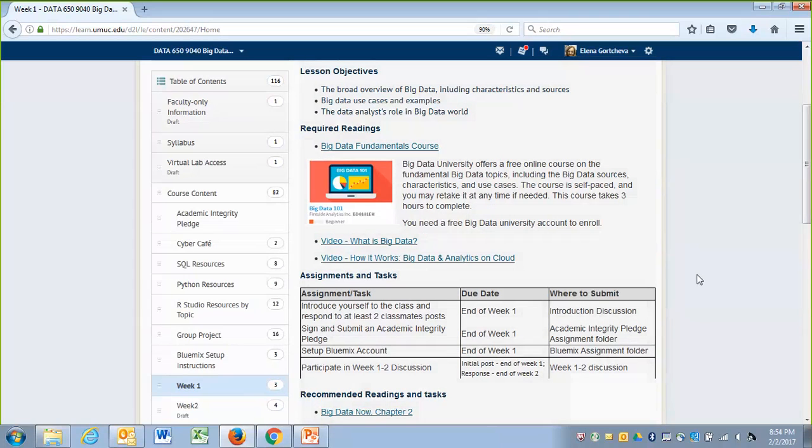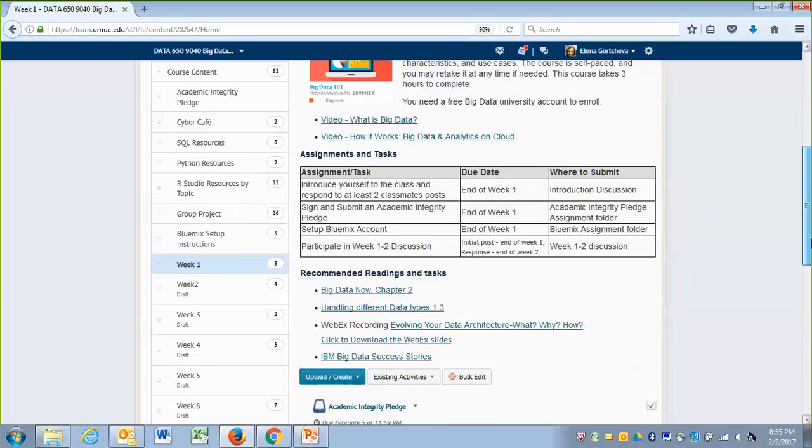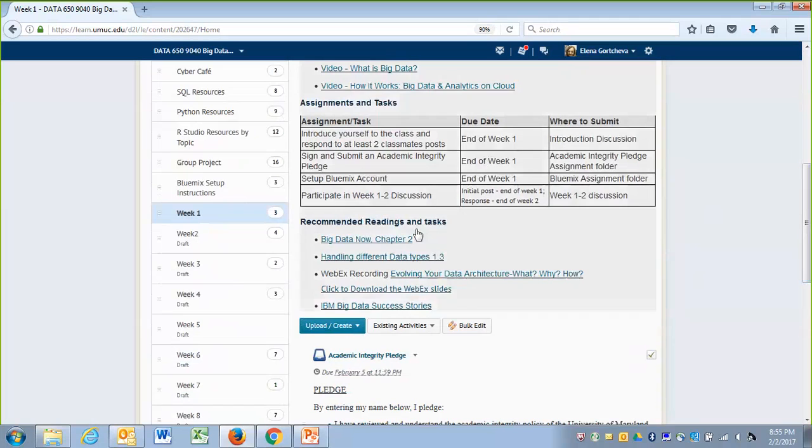Why? Because maybe you are going to finish the project, but this is not going to give you the benefits of the course because you actually don't know what you are doing and why you are doing it as a data analyst. So in order to get all the benefits of the class, read the required reading, then do the assignment, and of course we recommend, in order to get the full benefits of the class, to read the recommended reading.